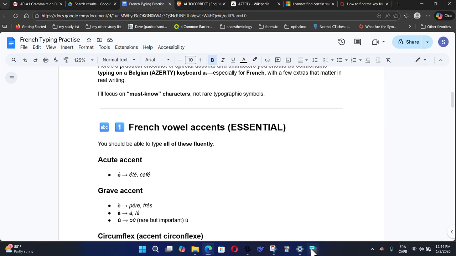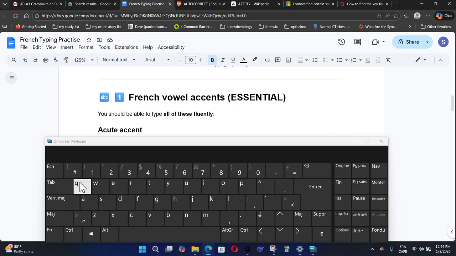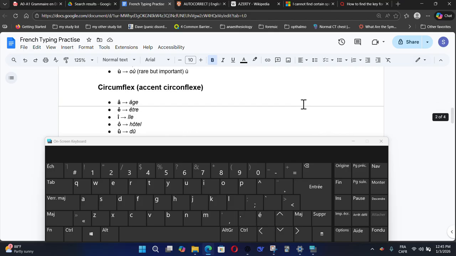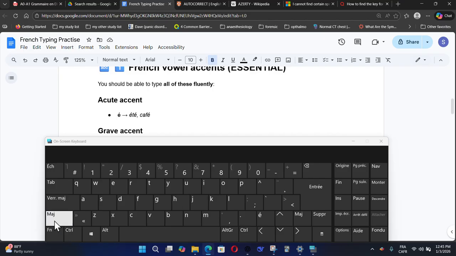Okay, one upside of the Canadian one is the QWERTY nature, right? The layout is QWERTY, so you don't really need to swap the Q and A or W and Z. They are in the same place, and your M is in the same place. It's really good. Your full stops are in the same place. Your commas are in the same place. That's good. But you can't really type the